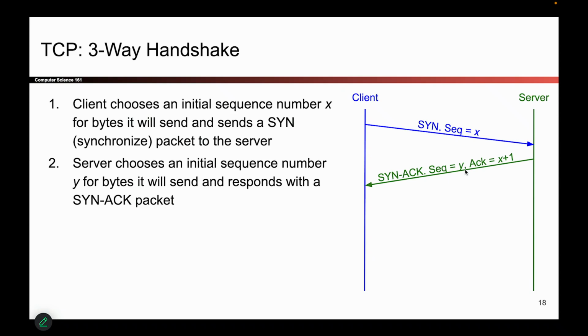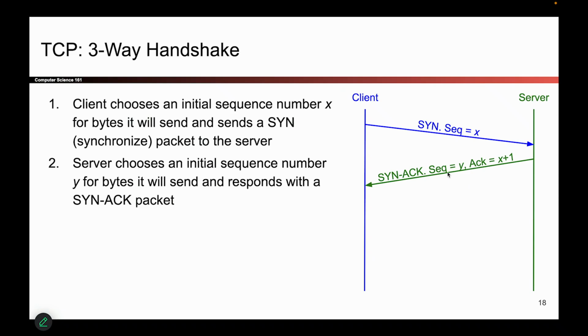But remember, this is TCP. We have to guarantee reliability, which means it's not enough to just send a piece of data because you don't know if the other person received it. We always have to send confirmations when we're sending data, and that's no different even in the initial handshake. So in addition to the server saying, I'm going to start at 25, and then 26, and then 27, the server is also going to take this opportunity to say, by the way, when you sent number X, I'm just going to confirm that I did receive number X using this weird syntax that we'll talk about.